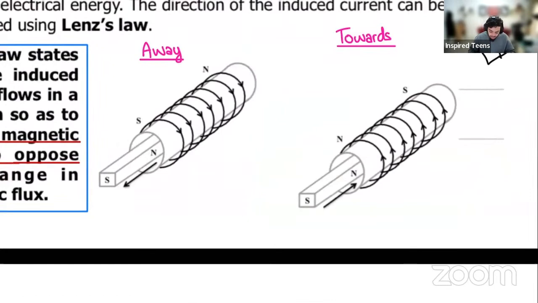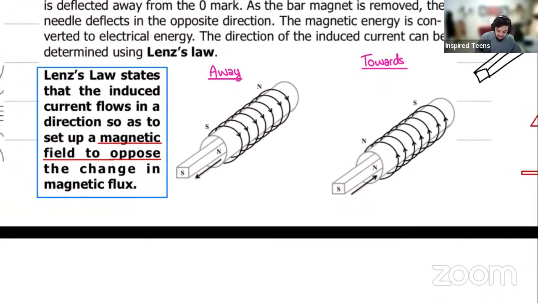So when it's moving away, let's just say we have a bar magnet that has its north pole in the direction of the solenoid. So it's moving away. Keep that in mind. It's moving out. In our little analogy, we originally had the magnet here, but it's moving slowly away. When that happens, Lenz's law states that the induced current will